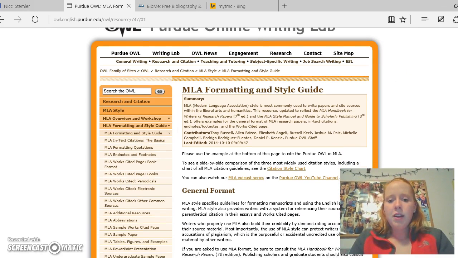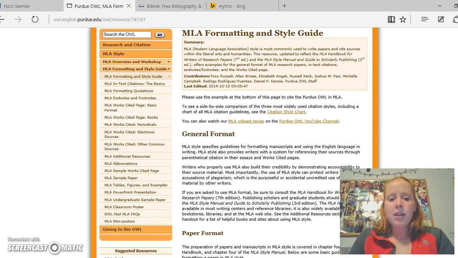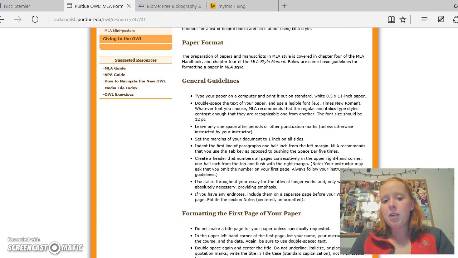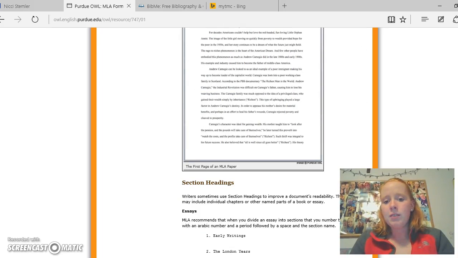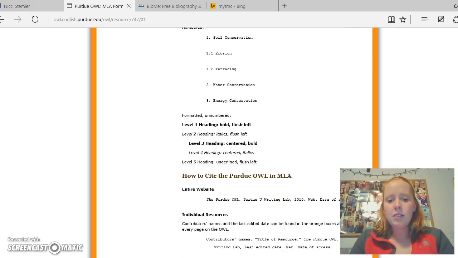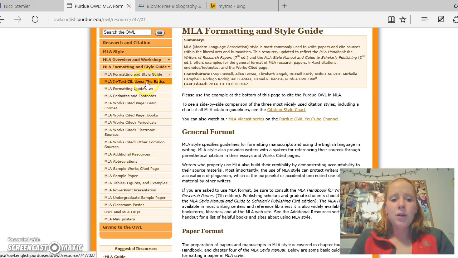And on here you will find tons of information regarding MLA format, how to cite certain resources and media, how to set up a paper, the general guidelines. They'll even give you example papers, how to do section headings. The information is all there. The main ones I want to point out for you today